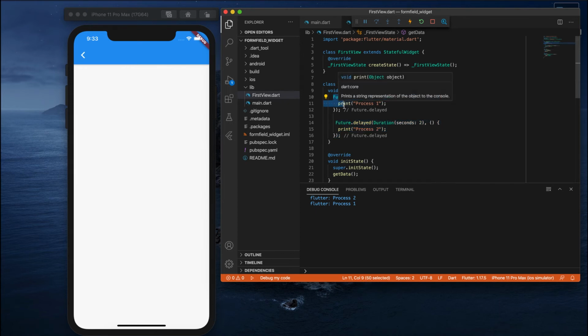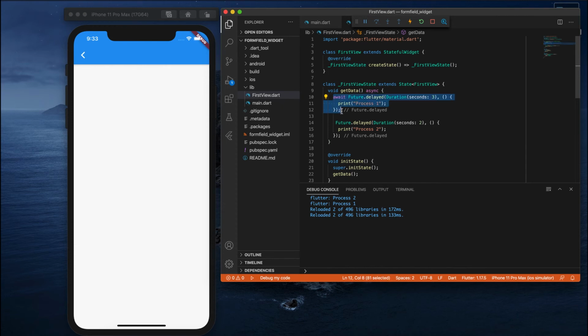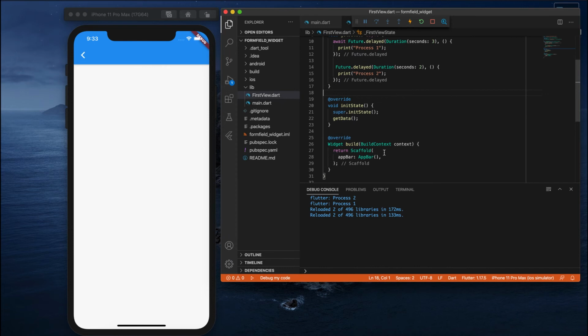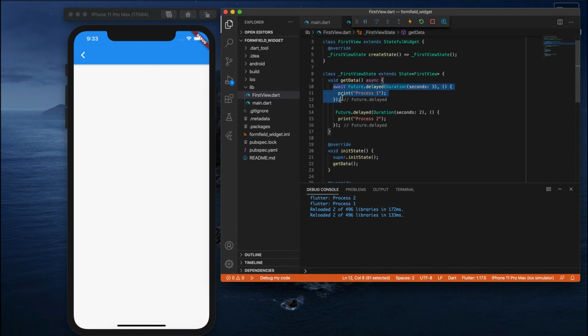So in these cases our asynchronous function comes into the picture. Further, how we can write it: we can mark the function async and use the await keyword here. When we write this, it will hold for 3 seconds and next it will execute this. But if you observe, the rest of the code will not block. Only in this particular function will this hold at the await. Once this is done, then only process 2 will execute.